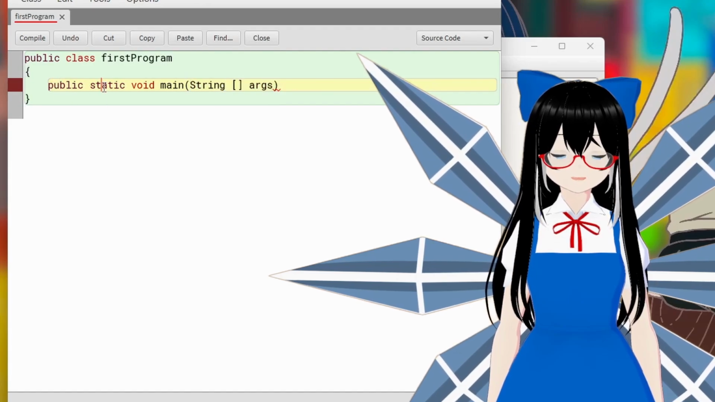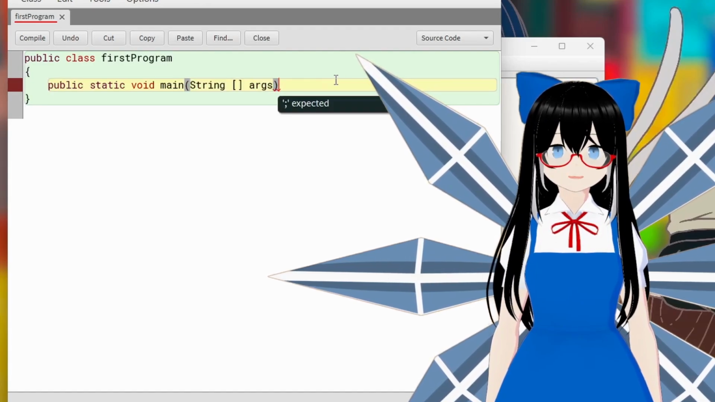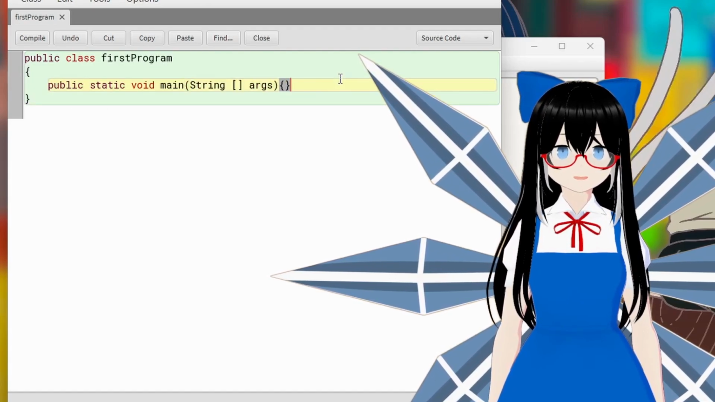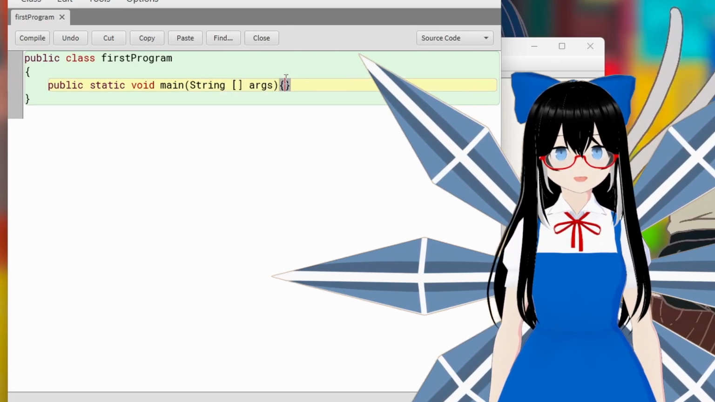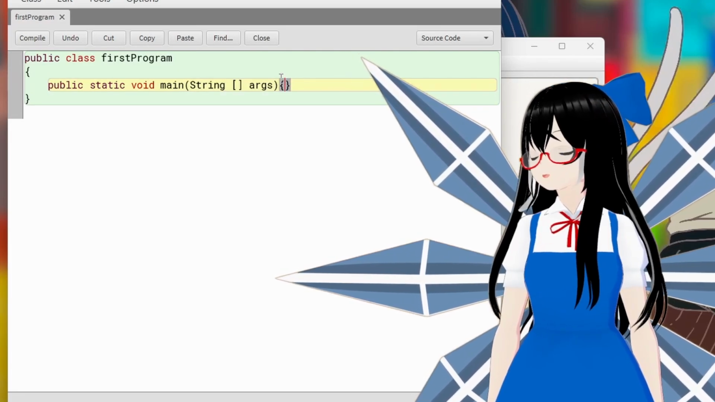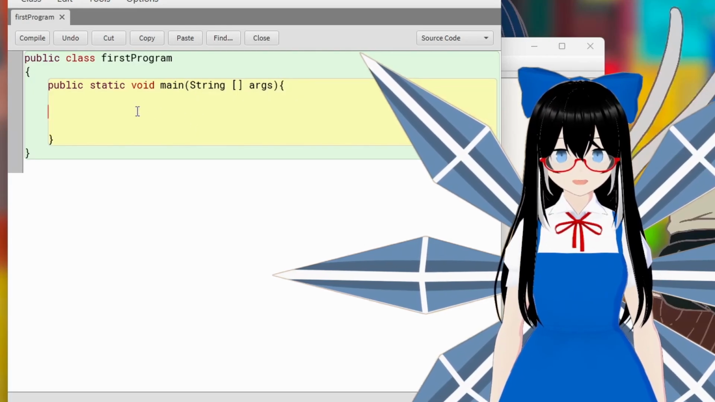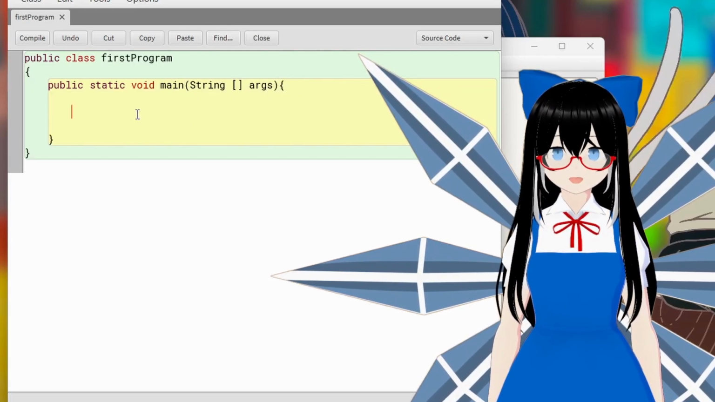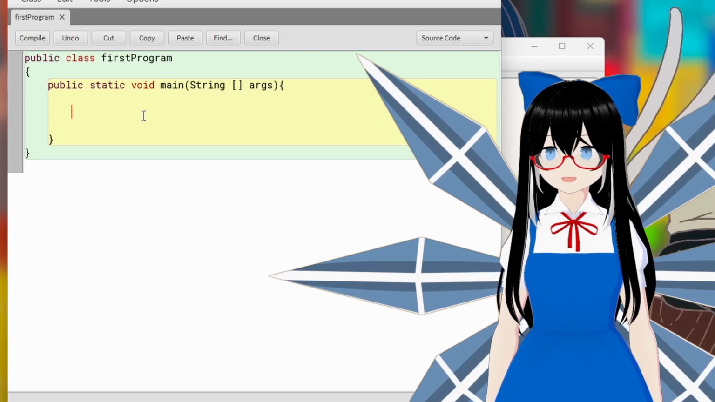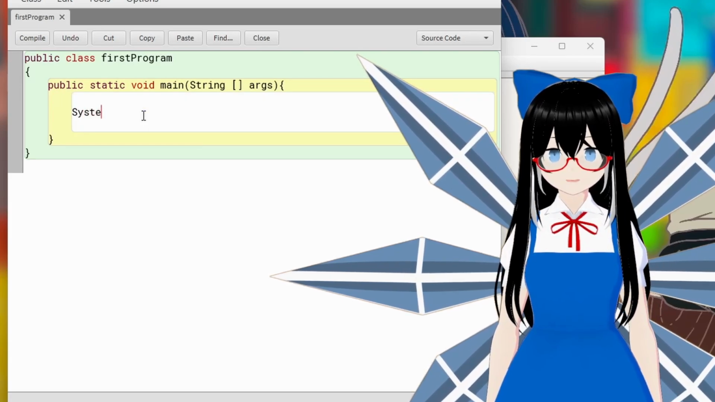Honestly, don't worry about any of this at all. Just know you have to put something like this at the start of your program. We'll eventually go over in a future tutorial what that actually means, but for now, don't worry about it. And these brackets right here, this is where all of our code is that we want to run with the program. So to make our program print out hello world in Java, we're going to want to do